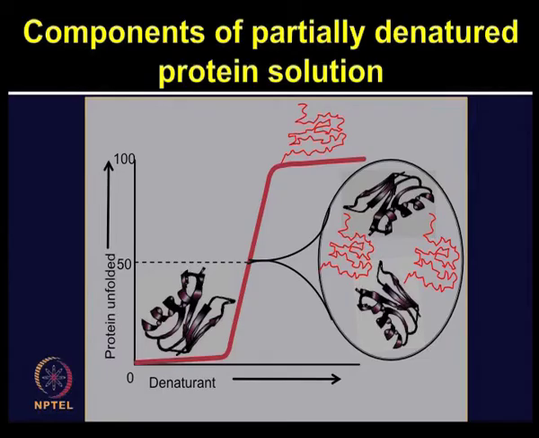If you look at this graph, in the transition state at 50%, it will be 50% fully folded and 50% unfolded form of the protein. However, the existence of only two states, the folded and unfolded, or the possibility of unstable transient intermediates between the folded and unfolded states still remains a topic of research in the protein folding area.